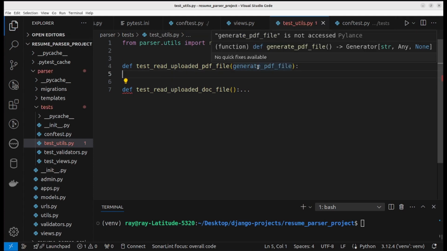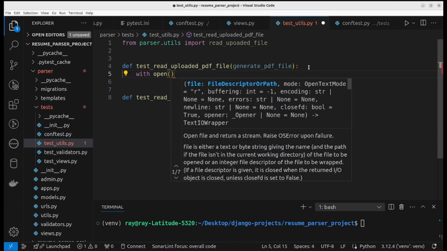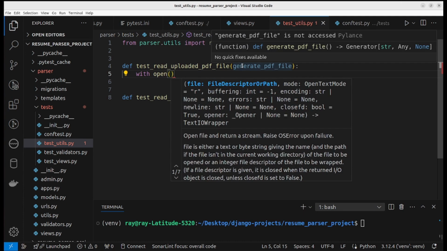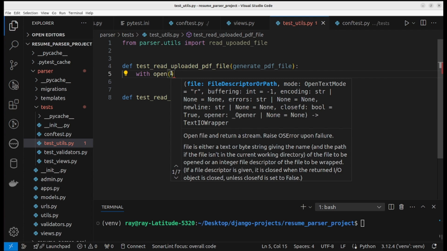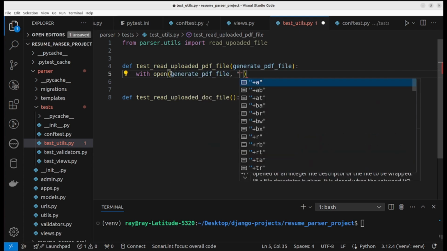Generate PDF file returns the location of the created file. We want to open the generate PDF file. Remember, it returns the path of the created PDF file. The open mode is going to be read binary